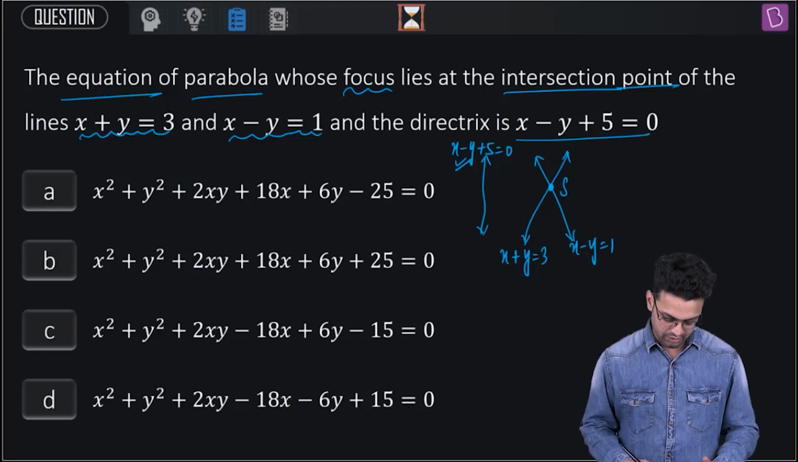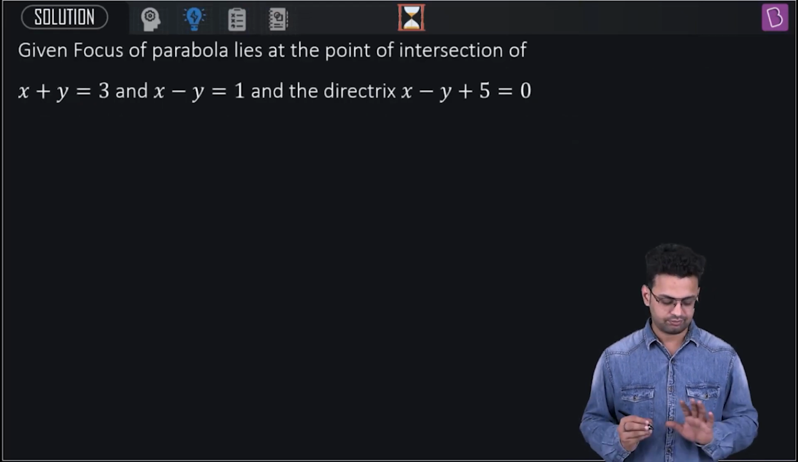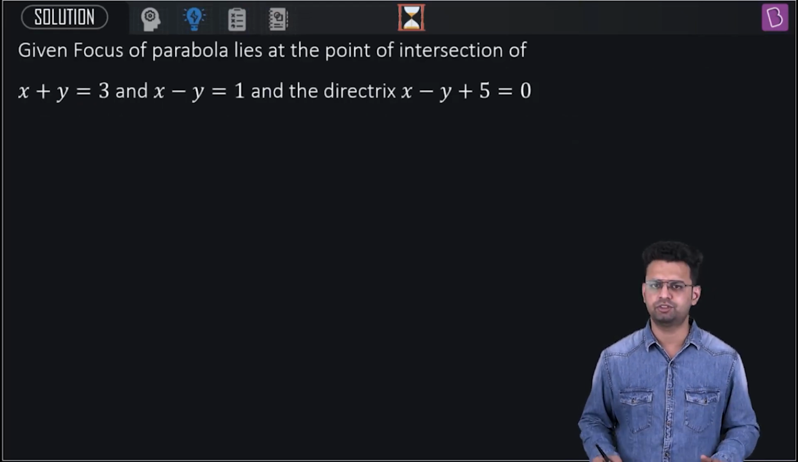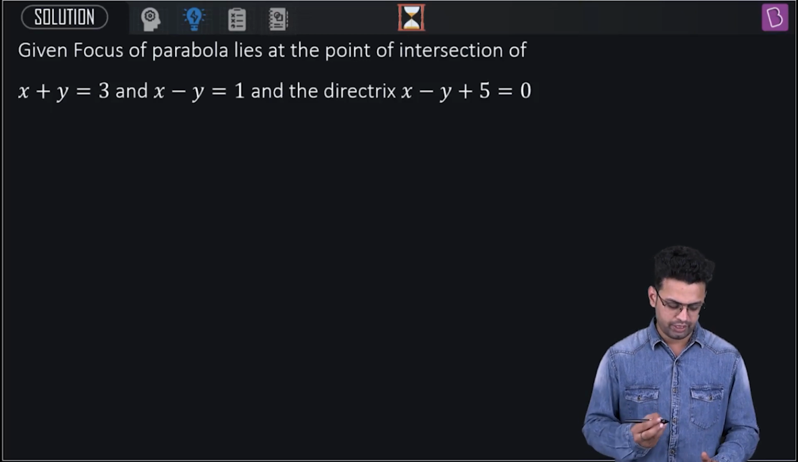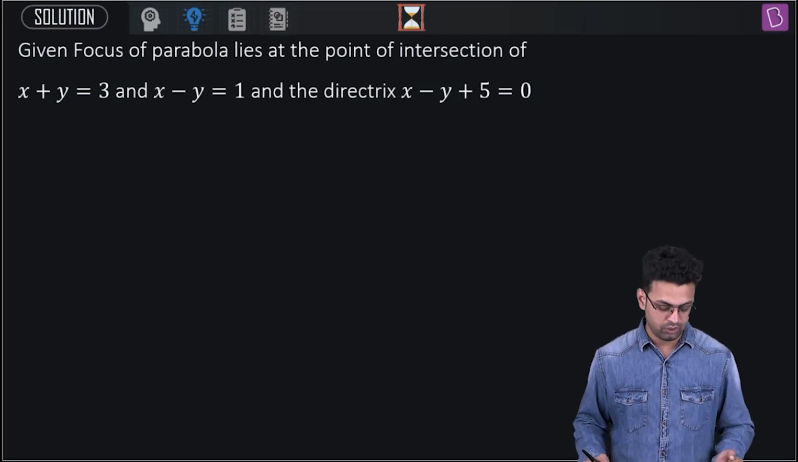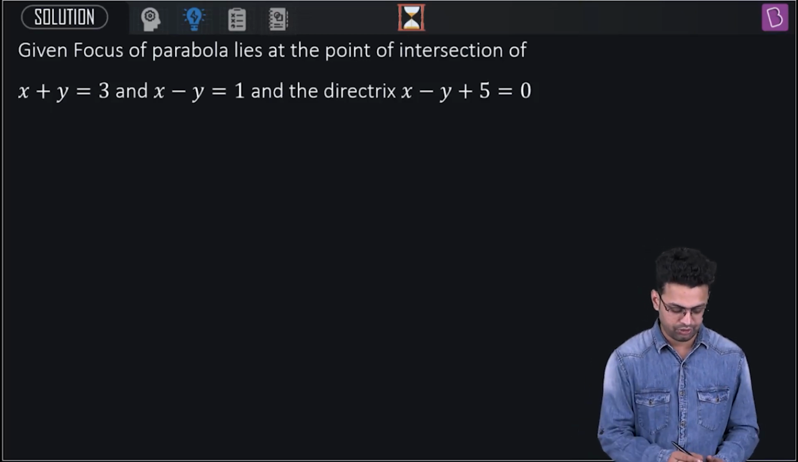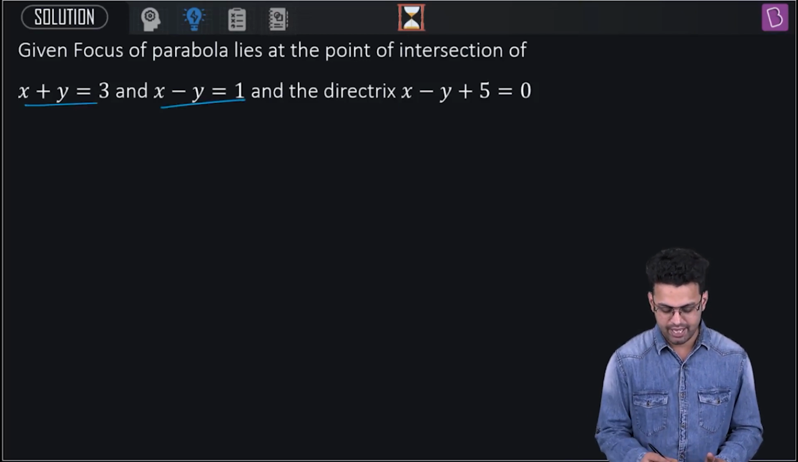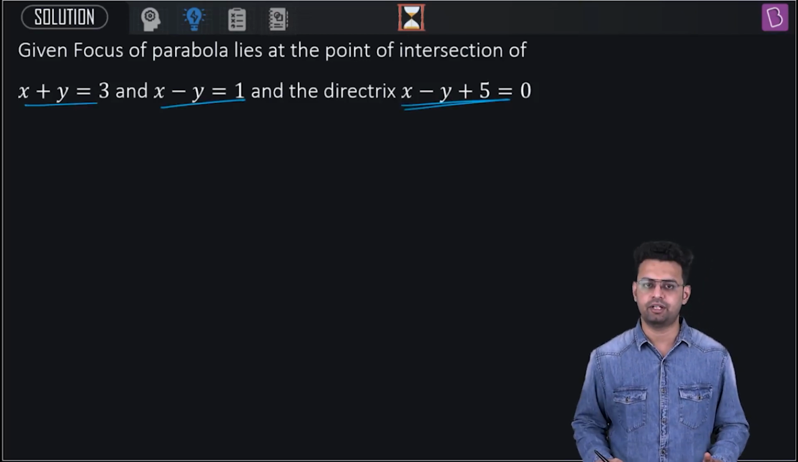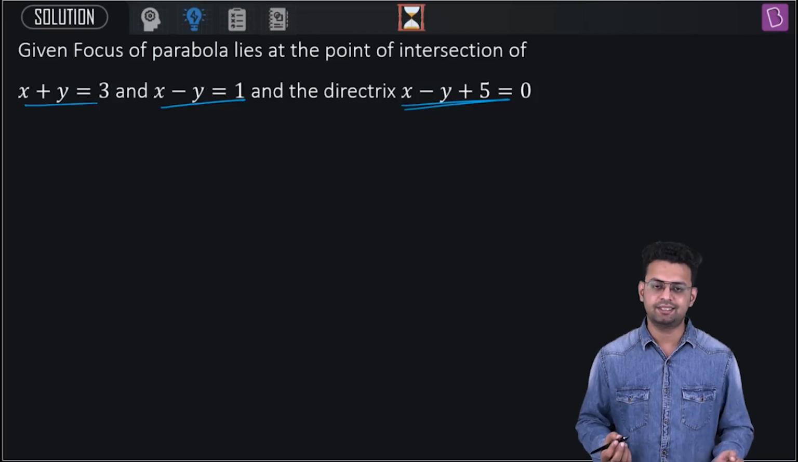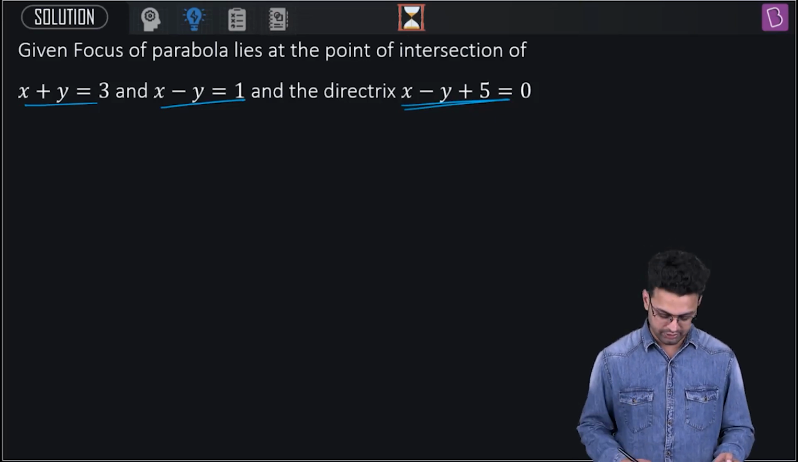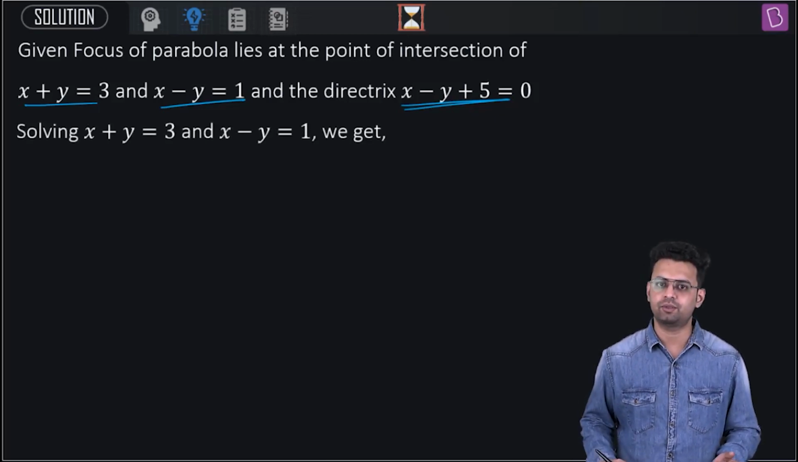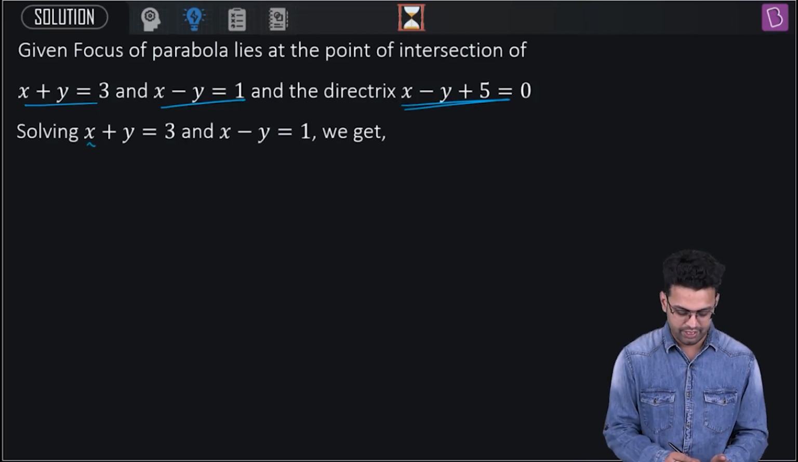Okay, now moving to the solution part, let us first retain the information which was there in the question. It was given that the focus of the parabola was lying at the point of intersection of these two lines, and the equation of directrix was also given. We have already discussed that in order to find the focus, we have to solve this equation of line. See what is given here, x plus y is equal to 3 and